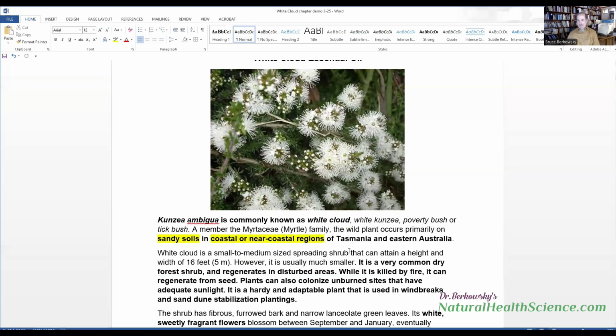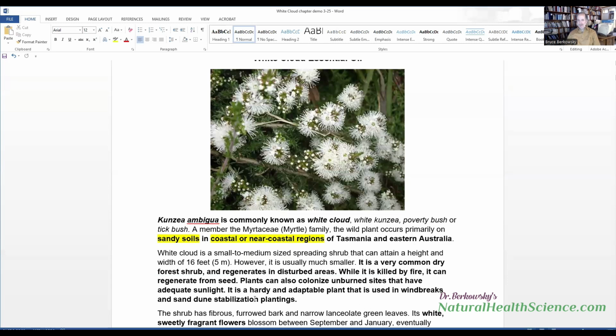So the first thing you think about, coastal, near coastal, what is that telling me? Signatures, water, some proximity to water. It's not in the water, it's not exactly on the water, but it's near the water. So water somehow is interfacing with dryness and water. So we have the dry aspect and we have the water element aspect of Tasmania and Eastern Australia. So it's Australia is where this is indigenous to.